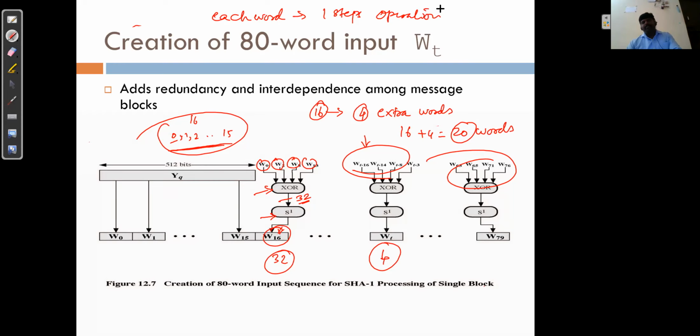operation. Why do we need to create these XOR bits, why do we need to create extra bits? What will happen is, even if there is a small bit value change, we will get a completely different hash code value through the avalanche effect, which we discussed in the previous sessions. Okay, any query regarding this explanation part?